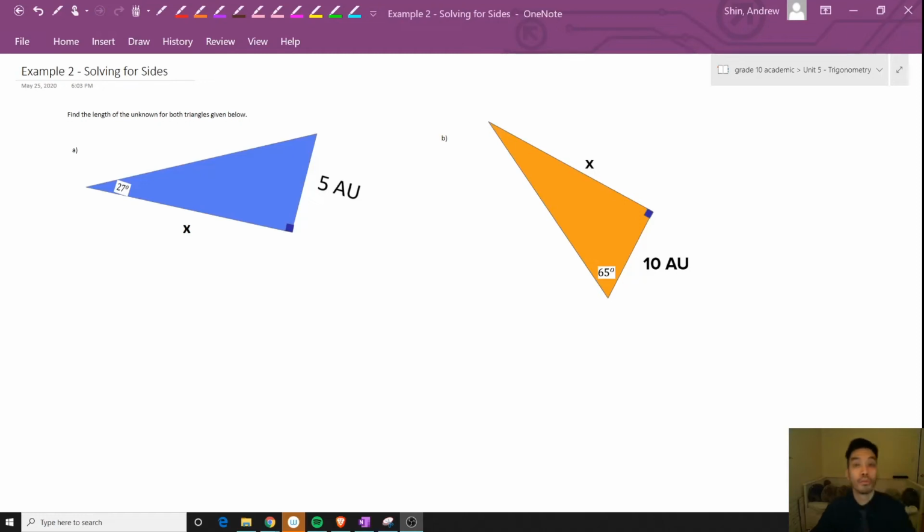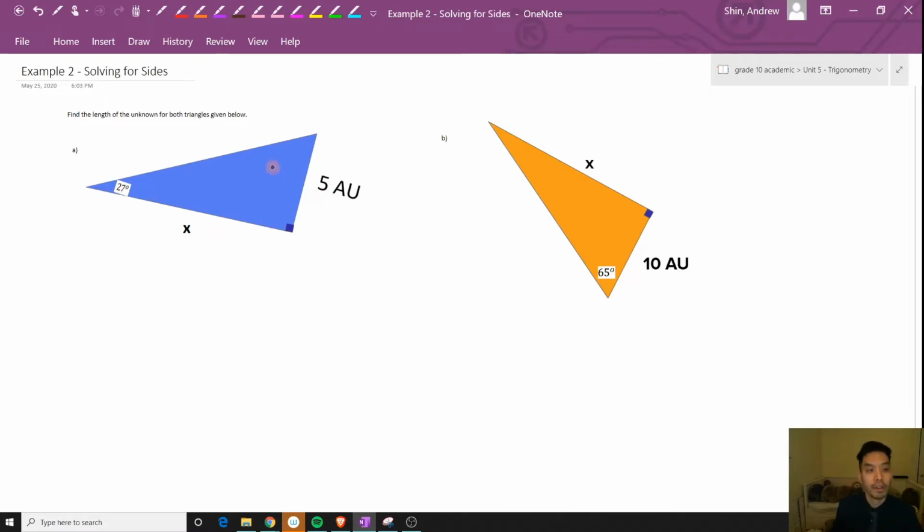All right, example number 2, we're solving for unknown sides. Find the length of the unknown for both triangles given below. Here is example A, and it is asking for this x value down here. This is something new, because normally in grade 9 you'd be given 2 sides and you'd use the Pythagorean theorem to find the third side. But now you have to use something called trigonometry, or the tan ratio, to relate the angles with the ratio